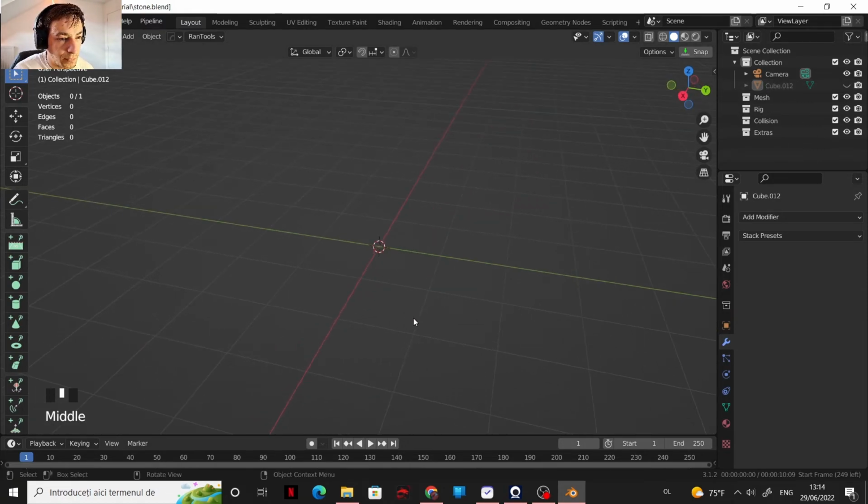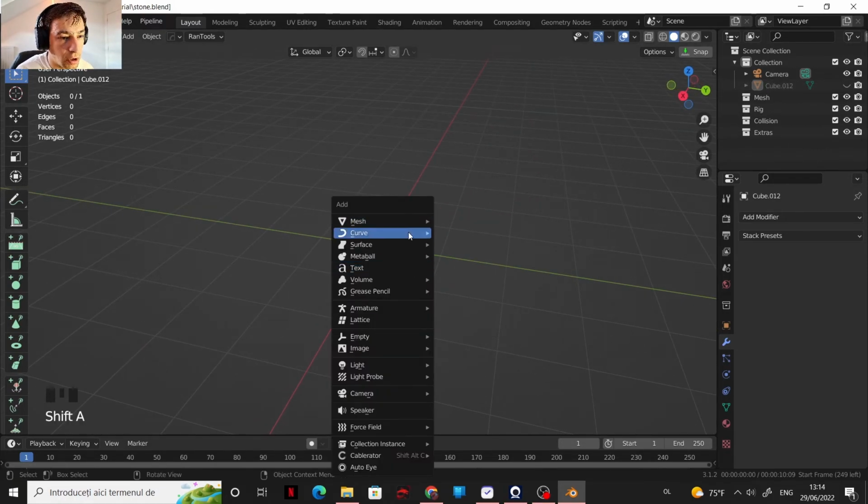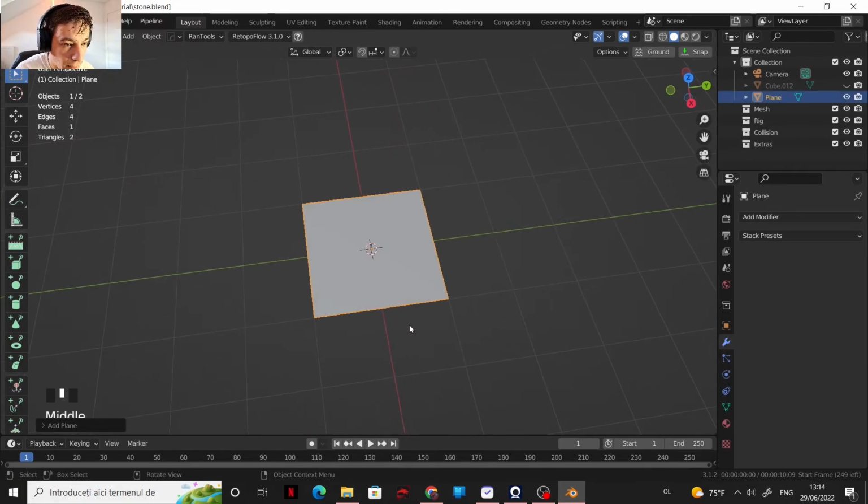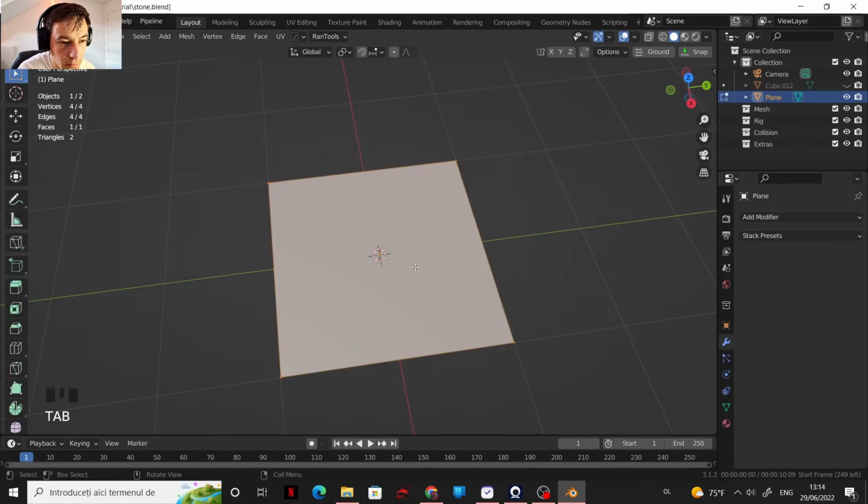As for the triangles, I will now show the basics of topology. Let's say we have this. So now it can be subdivided, and we will get a normal flow. But if we put a triangle inside here,